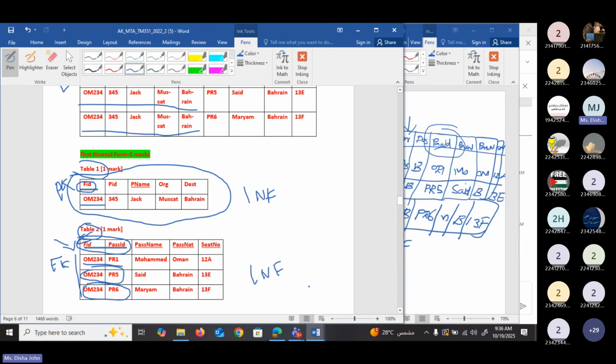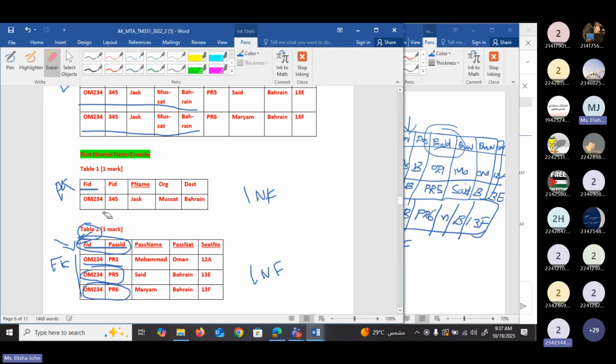There should be a primary key in each table, and each column must have only one value. So if you take any column in these two tables, each column has a single value. It doesn't have a group of values. So both tables are following the conditions of 1NF. So we can say that both tables are in 1NF. Do you understand? Yes.